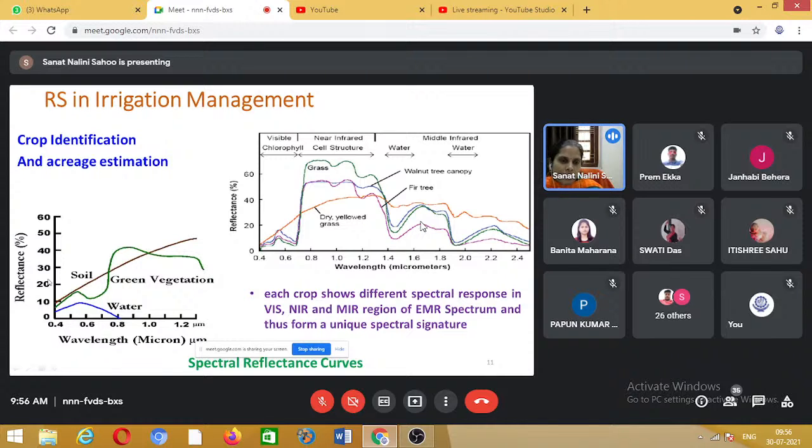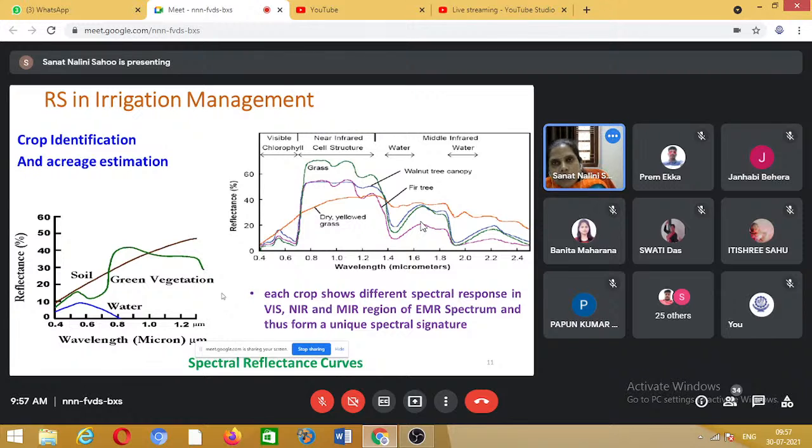So as can be distinguished, there would be variable or different reflectance values for soil, green vegetation, a water body, or any other type of land. Similarly, there would be a variation in reflectance values for different types of crops as well. For example, let me tell you, if you talk about a paddy crop or a sugarcane crop,